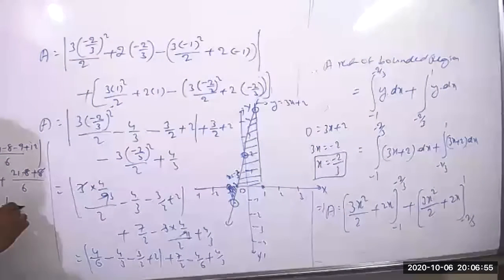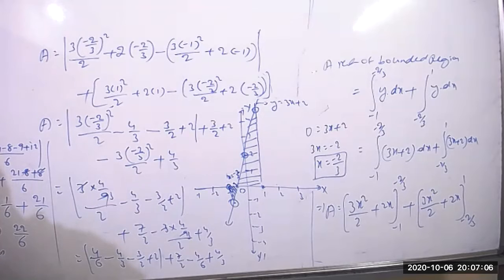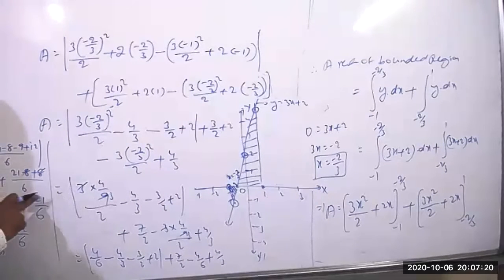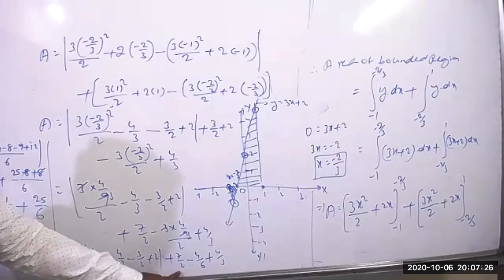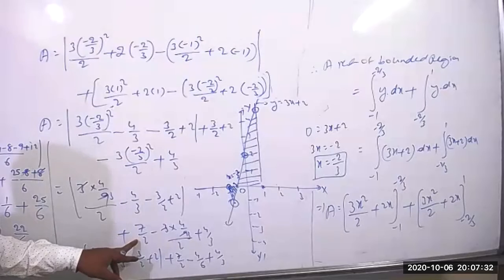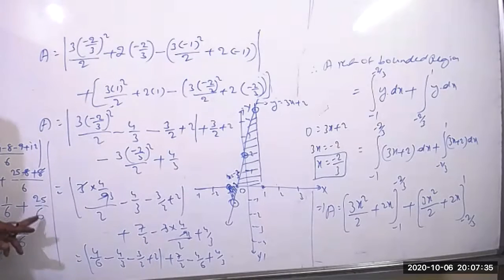So it is 1 by 6 plus 21 by 6. And the sum of these two equals how much? 22 by 6. 22 only, 26 it is. Minus 8 minus 9 equals minus 17. It's minus 17 by 6 plus 1 by 6, correct only, and these will be cancelled. So that should be 25 by 6. 6 means 3 times, 3 7s are 21. The 21 only we are getting. 21 by 6.